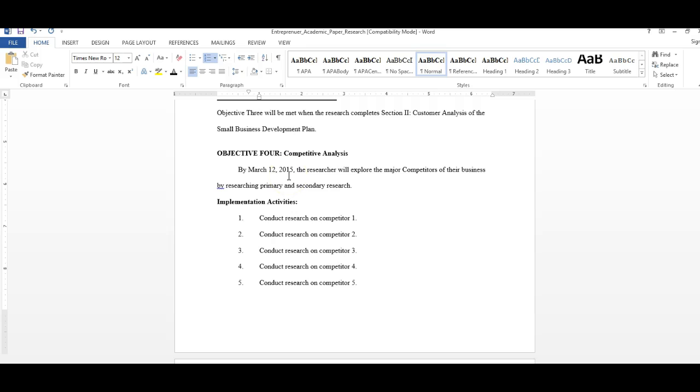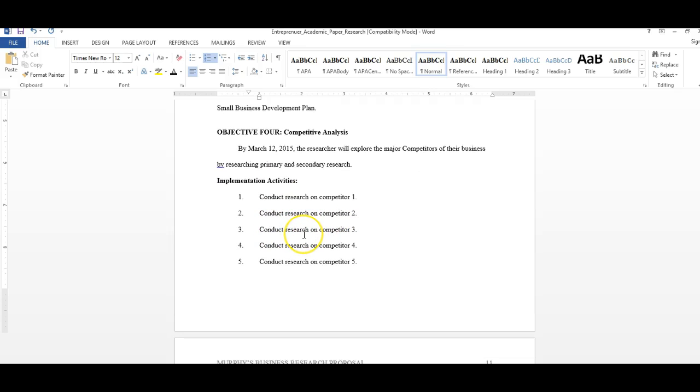Okay, he's going to explore the major competitors for him. And so he's going to conduct research on competitor number 1, research on competitor number 2. So basically, he's going to actually go to competitor number 1, and he has this process. This is a research design where he's actually going to go to their website. He's going to explore their website, and he's going to capture that information off of that specific website, and he's